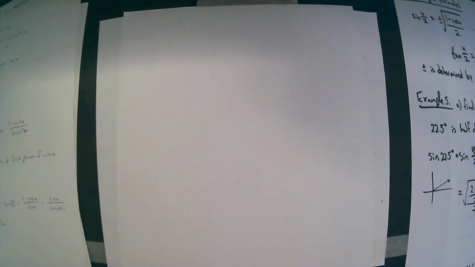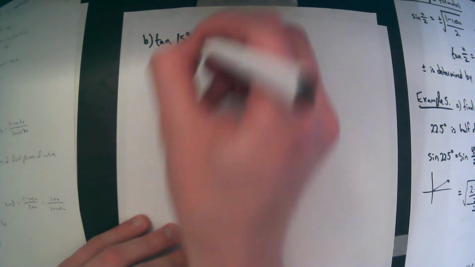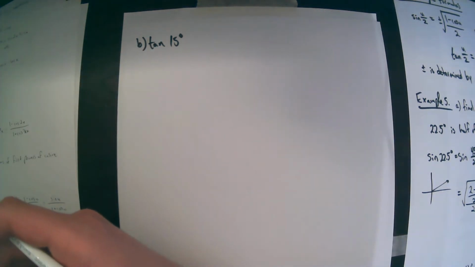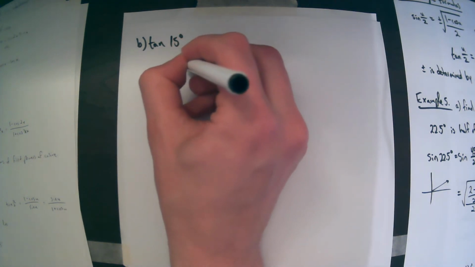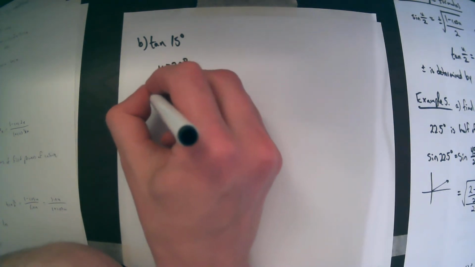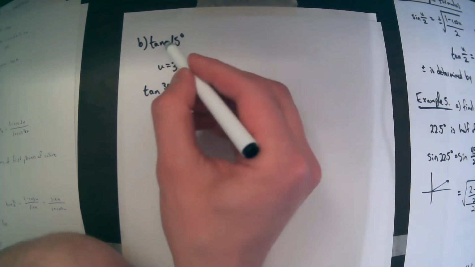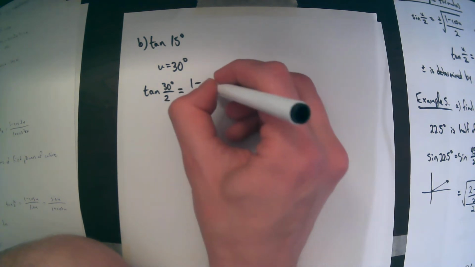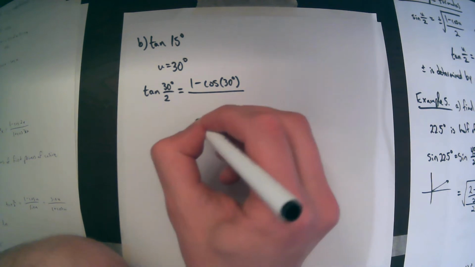Just another problem. Find the exact value of tangent of 15 degrees. So we have to figure out what special angle this is half of, and I think it's pretty clear that u should be 30 degrees here. U is going to be 30 degrees. So I'm going to say tangent of 30 degrees over 2, which is tangent of 15 degrees, is equal to 1 minus cosine of 30 degrees all over